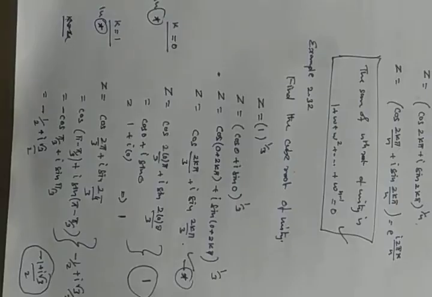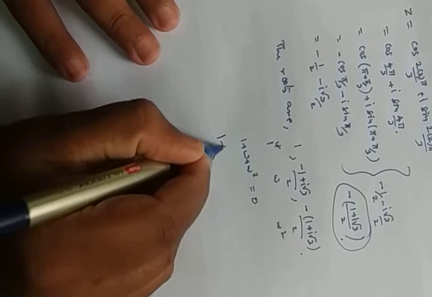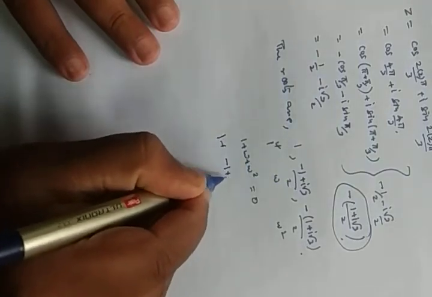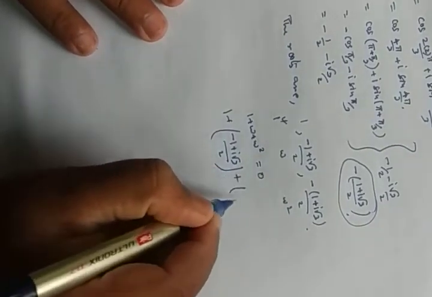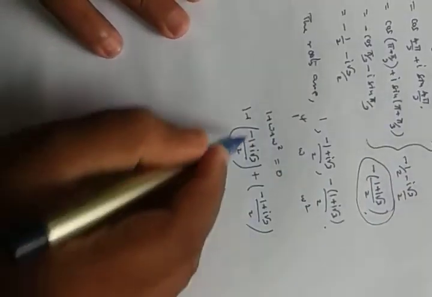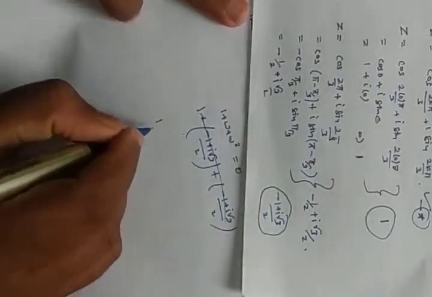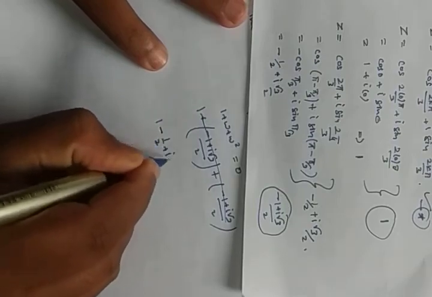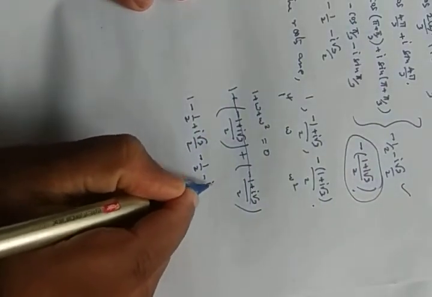Same way we are doing here. Here the value 1 plus omega plus omega square is 0. That is, 1 value is 1 here. Omega value is minus 1 plus i root 3 divided by 2, and then this is plus minus 1 plus i root 3 by 2. If you want to understand this, you write it, easily you will understand why you are writing. This is 1. Okay. The next root is this one, right? Separately I am writing minus 1 by 2 plus i root 3 divided by 2. And the next root is the third one, you write before simplification: minus 1 by 2 minus i root 3 by 2.